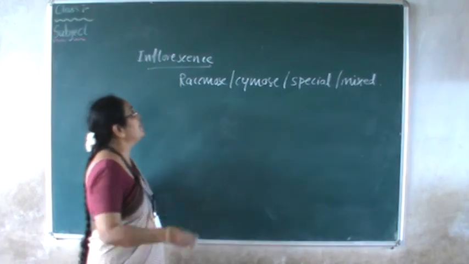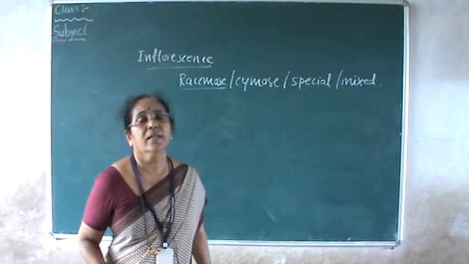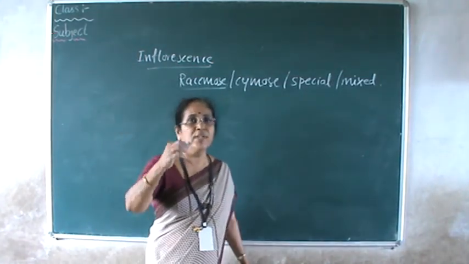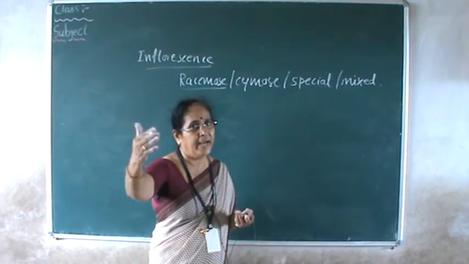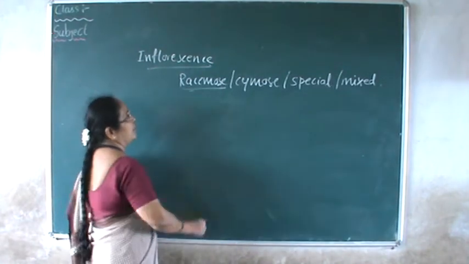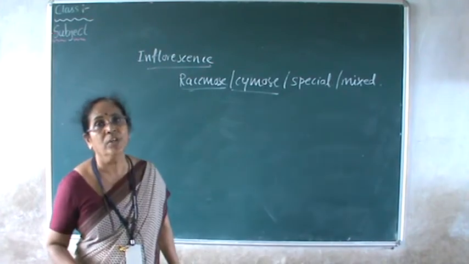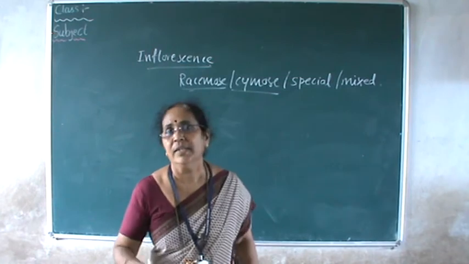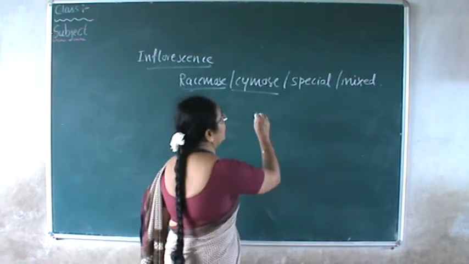Racemose is an indefinite inflorescence, very long, and it continues to grow. The axis never ends with a floral bud; it starts as a small inflorescence and continues to grow longer. It is of continuous growth, so it is called an indefinite inflorescence. Whereas the cymose type of inflorescence has limited growth because the axis of the inflorescence ends with a floral bud. There is no further growth in the axis, so this is a limited kind of inflorescence.